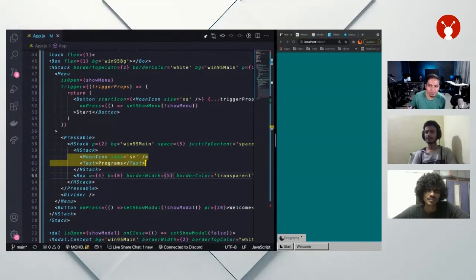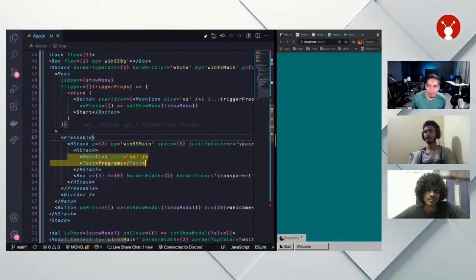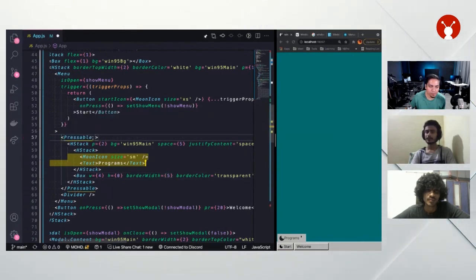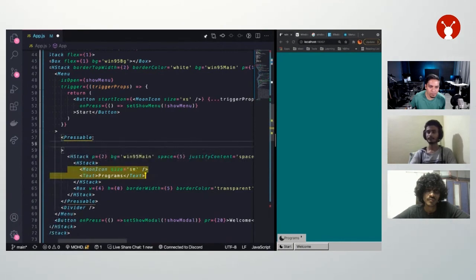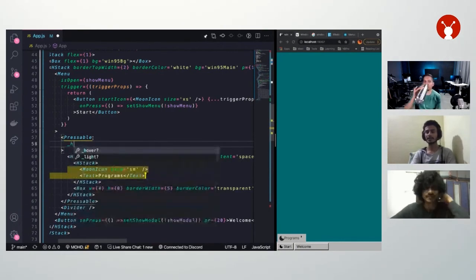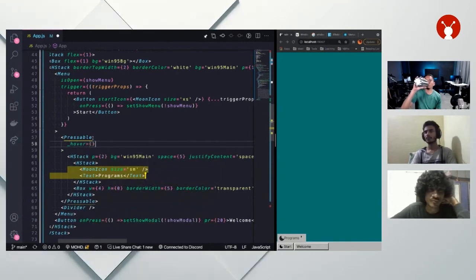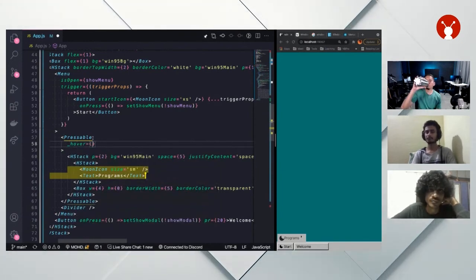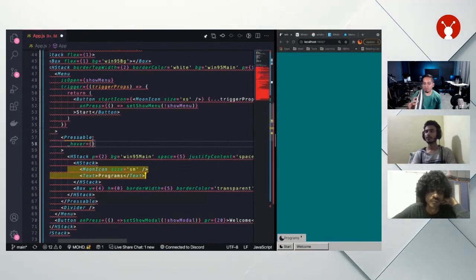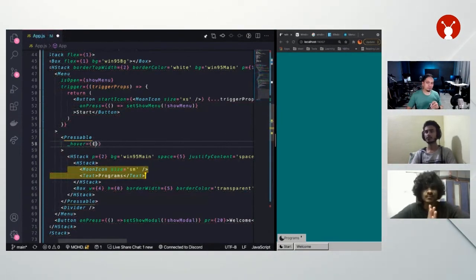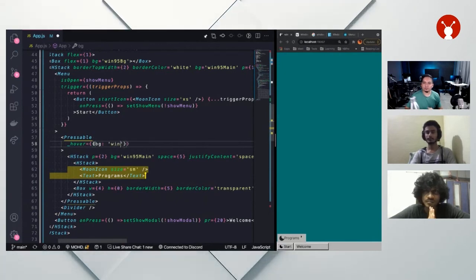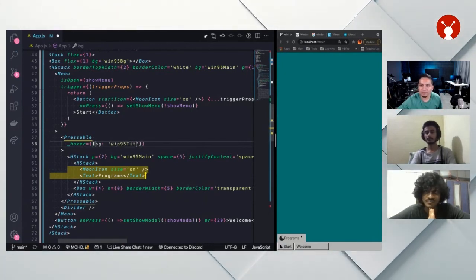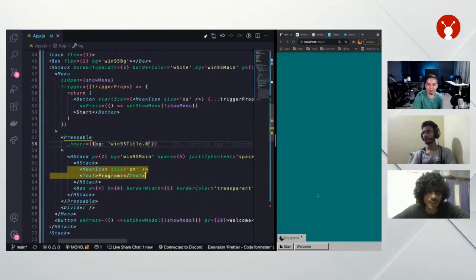So just before that, let me walk through a couple of things. Pressable components can take pseudo props, and we can style the thing on hover. So basically, I want to change the background color on the hover state. I'll write BG 95, and give this color. So whenever I hover over it,